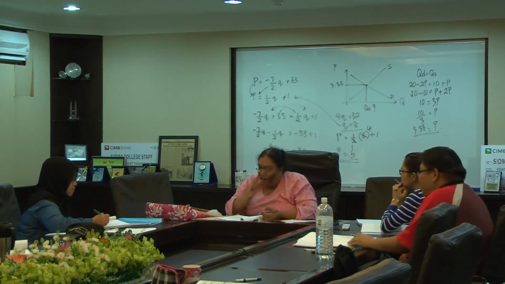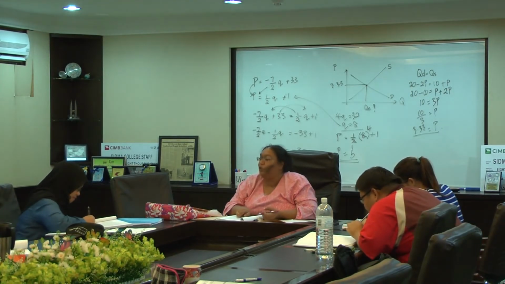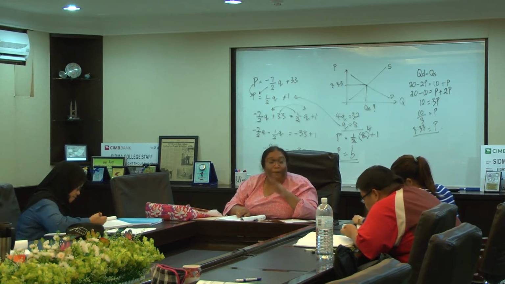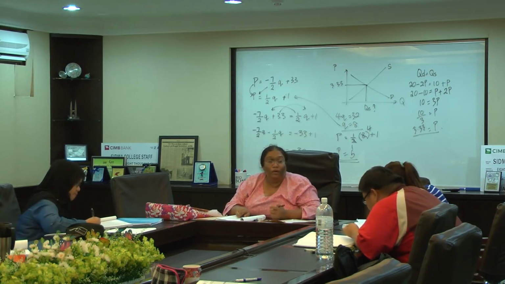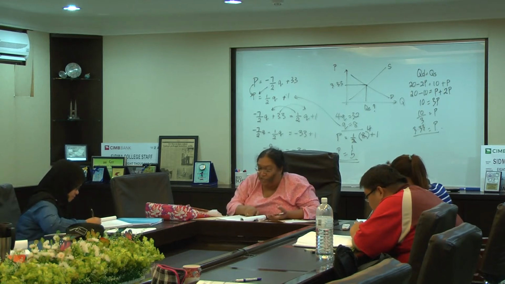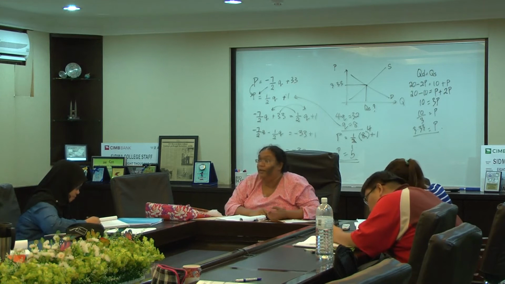Okay? Now, next one. If the absolute value of price elasticity is equal to 1, earlier more than 1 is sensitive, correct? Less than 1, non-sensitive, inelastic. But if it's 1, that means the change in quantity is the same as the change in price. So do you change the price for the good? No. The firm need not change the price of the good. Can you see the sentence there?